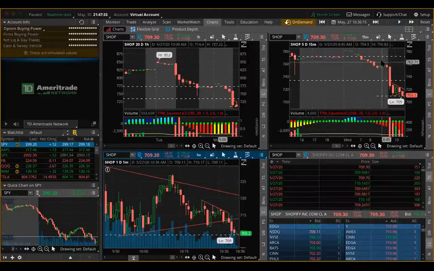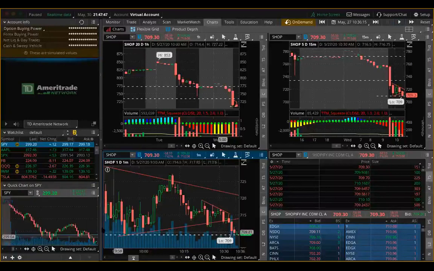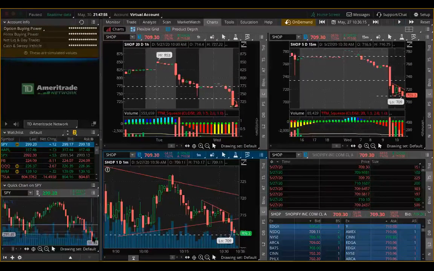Don't get so wrapped up in trying to catch all of the move. You don't need all of the move, and I'm going to show you why, because I didn't enter just yet when I scalped. I'll let you know when. You want confirmation. Check out the market. Check out SPY too. Where are we at on SPY? This is important.